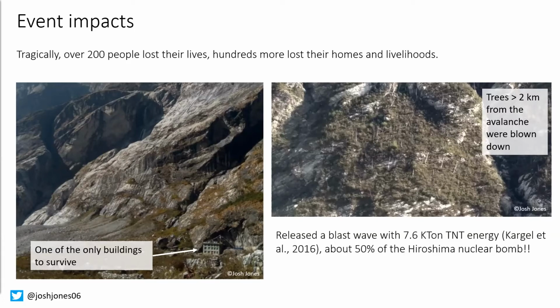It's actually been estimated that this event caused a blast wave with energy equivalent to roughly 50% of the Hiroshima nuclear bomb. So huge amounts of energy were released by this avalanche. It's also estimated that the falling rock had an impact velocity, so the velocity at which the rock hit the valley floor, of around 99 meters per second, which for context is about 200 miles per hour, or the top speed of a Formula 1 car. So again, going back to the slide on what makes landslides hazardous, an event that is both this big and this fast, this mobile, is pretty much impossible to avoid once it's begun.